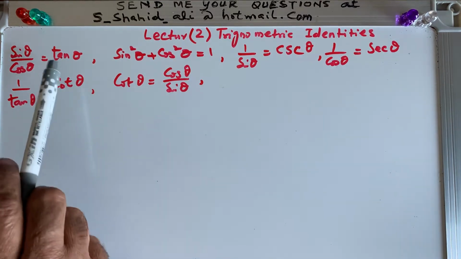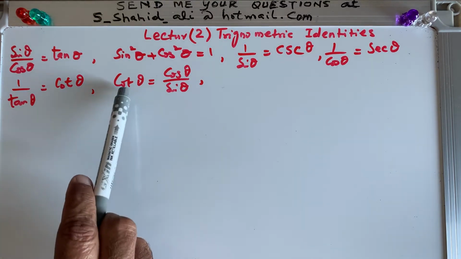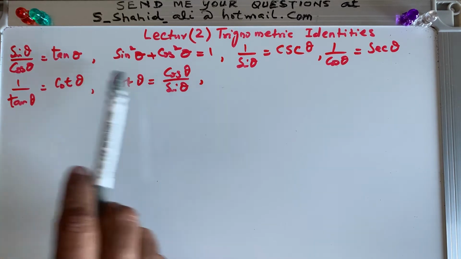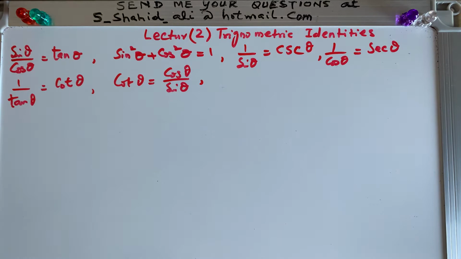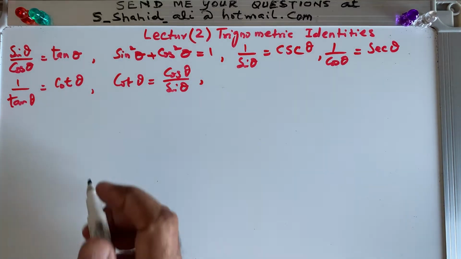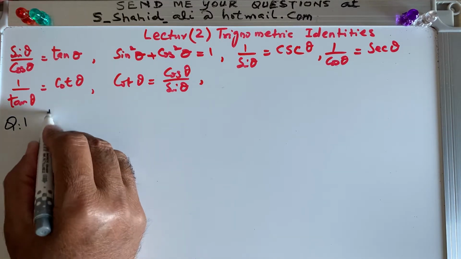So we know that tangent theta is equal to sine over cos. Therefore, we can write that cot, the reciprocal of this, will be flipping this, right? So we write cot theta is equal to cos theta over sine theta. So we will be making use of these trigonometric identities again over a few examples. So now the example starts as question 1, tangent theta